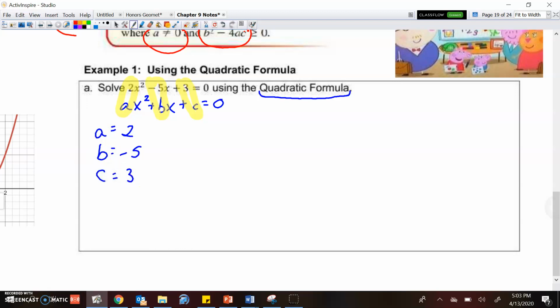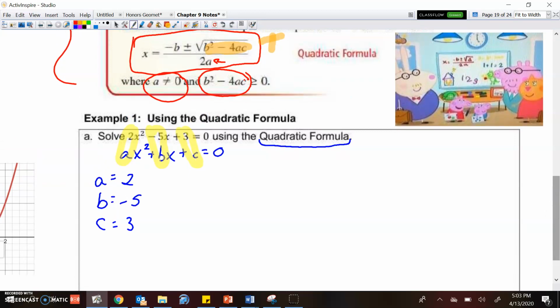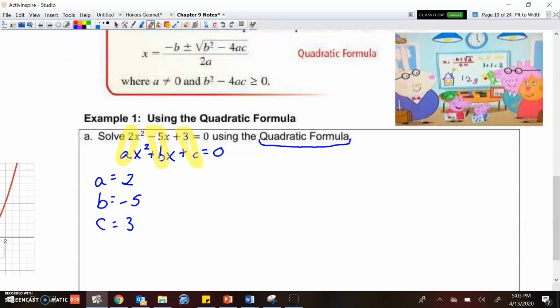Okay? All right, so now what I'm going to do, and I pulled it up so we can see this formula up here, is now I'm just going to apply everything to the formula that they've given me. So it's going to be x equals, and all I do is substitute everything into the formula. So it's a -b. Now I like writing it like this because notice the formula is -b. So it doesn't matter what b is, it's always the opposite of that. So b in my case is -5. So I'm going to write negative, and then where b was, I'm putting a -5 in that spot,